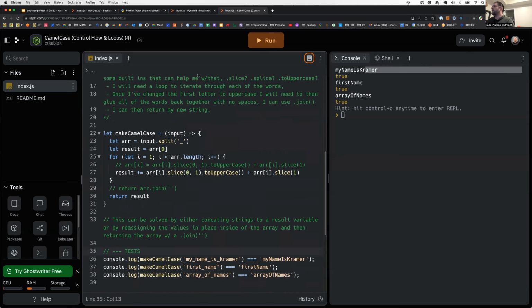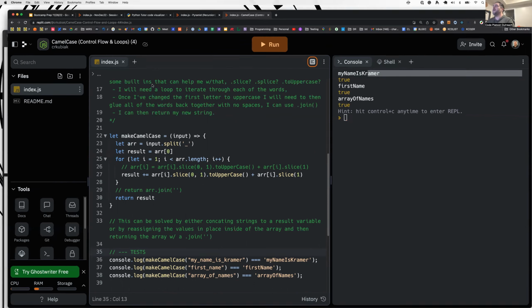All right, so let's go ahead. So any other questions about how I solved this one? Anything that looked confusing? All right, so I use slice twice in here. Okay, well, let's go ahead